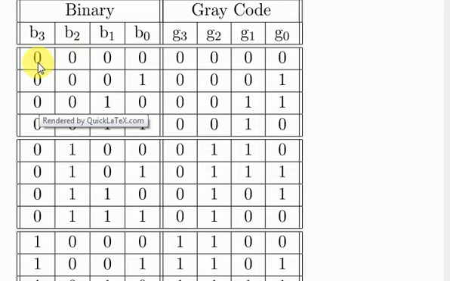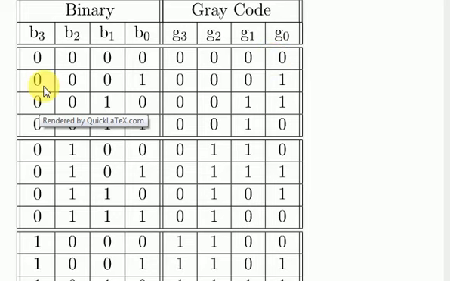As from the truth table of exclusive OR, you have seen that 0 0, the answer is 0. So here we will write the answer 0. Now these two bits will XOR with each other. So 0 0, again the answer is 0, so we will put 0 here. And now 0 0 exclusive OR with each other, then again we are having the answer 0. So this is the conversion of binary into the gray code.